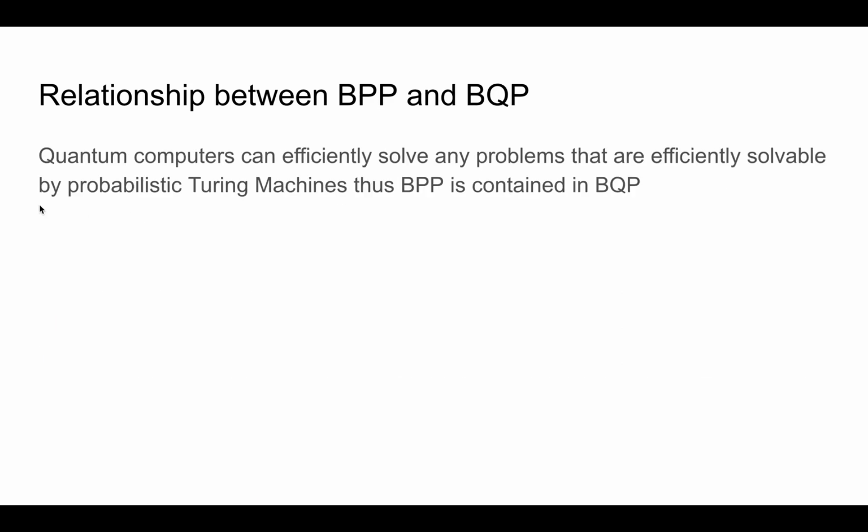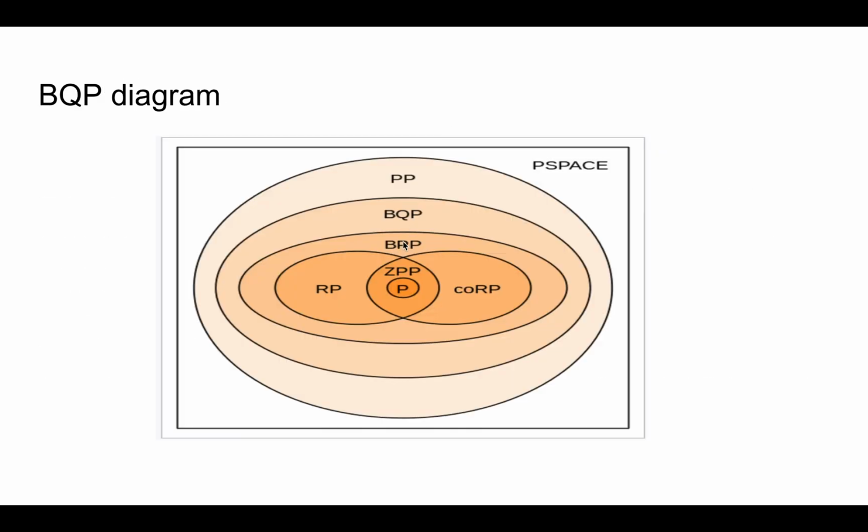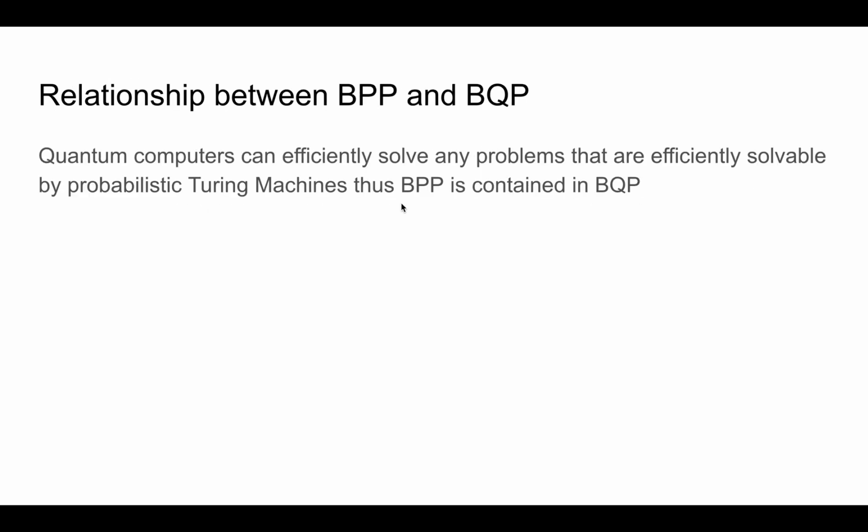Now, moving on, we'll examine the relationship between BPP and BQP. BPP is contained within BQP, as you see from this diagram. And why is this the case? Because we already know that quantum computers can efficiently solve any problems that are efficiently solvable by probabilistic Turing machines. Probabilistic Turing machines are like the Turing machines for the BPP algorithms. And quantum computers will always do better